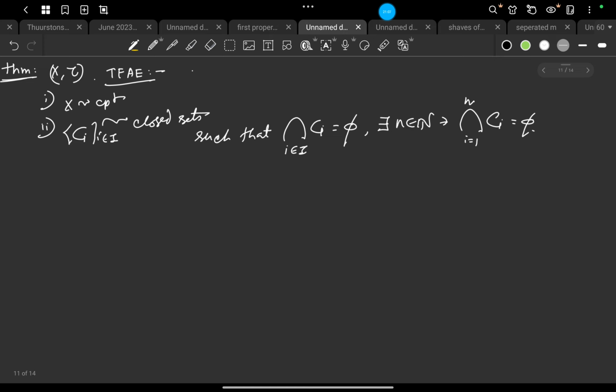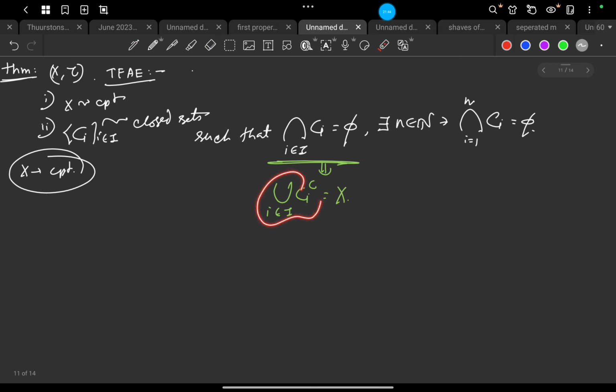So basically this is another version of compactness in terms of closed sets, so there is basically nothing to prove. We have said that X is compact means any open cover has a finite subcover. Suppose X is compact, and let us consider any collection of closed subsets having this particular property. This property basically implies that the union of C_i complement, i belongs to capital I, is X itself. So the collection of all C_i complements